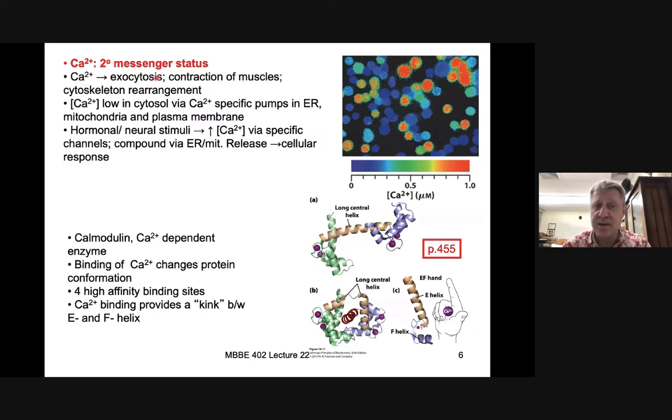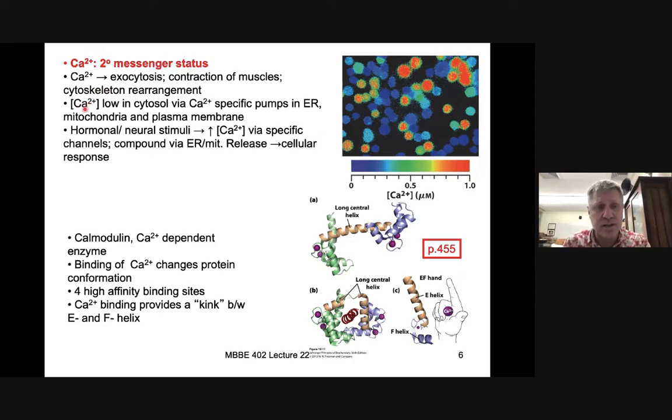We have the exocytosis, muscle contraction, they're all calcium-dependent systems, as well as some of the cytoskeletal components within the cell, which with their rearrangement and movement, such as the spectrin that we saw inside the inner leaflet of the membrane, causing that partition within local areas of transmembrane proteins, they all require calcium to actually be a constituent in